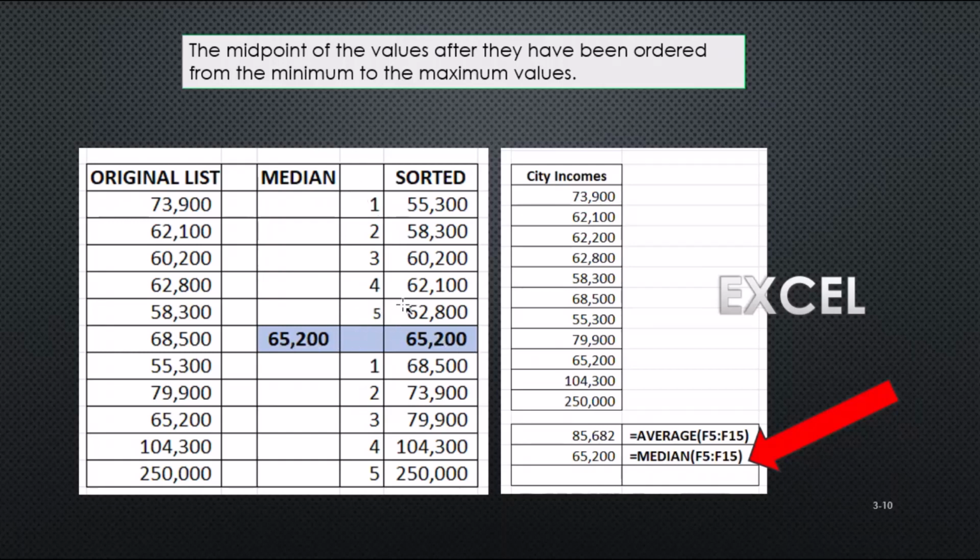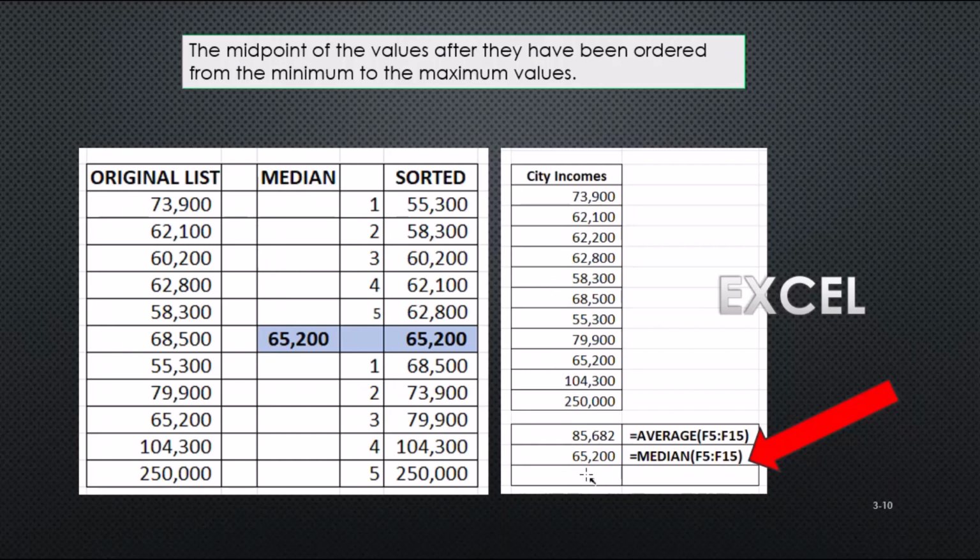But imagine you had hundreds of numbers or even thousands. It would be kind of difficult to sort them all and try to find the middle one. However, if we look here, what position are they in? Position number 6. However, again, in Excel, it's great. All we have to do is say median equals the median, and then we choose our list of numbers again, and you'll see here that even though they haven't been sorted, it tells us the median